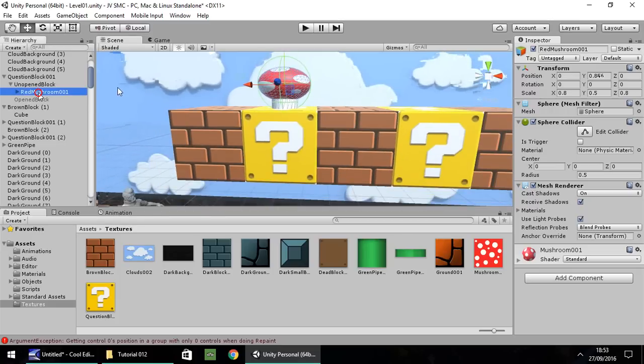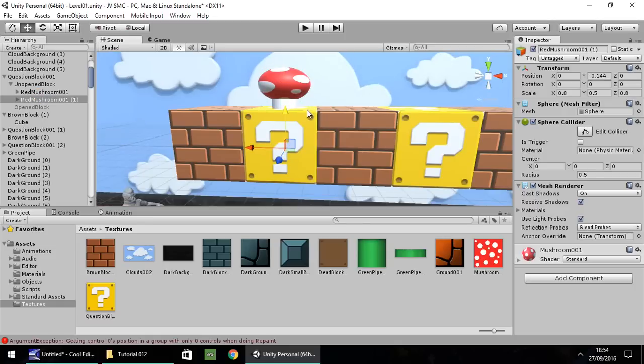Next thing, duplicate that mushroom and then hold Control and bring it down into the box itself. Now that may seem a little bit strange, but what we'll be doing here is we'll actually be using two mushrooms rather than one. So one mushroom will start the animation, disappear, and then this mushroom will continue the animation.